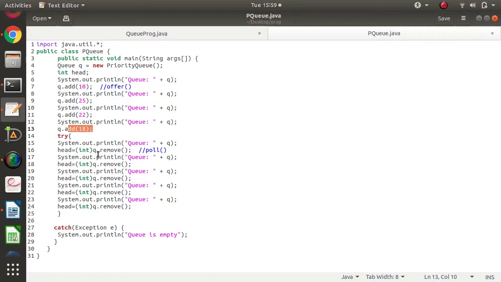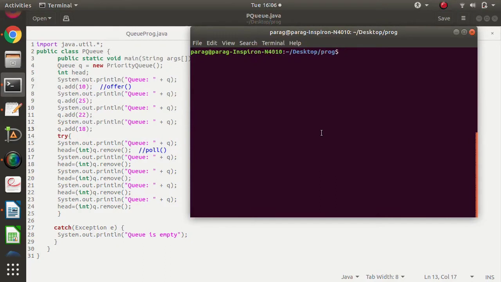So first element. Just like a stack, we have a top element. In a stack, whatever element was most recently added is removed first. In a queue, that is a different thing. There is a top. Here is the head. So the element at the head is removed. So in a queue, the element which was added first is removed first. But in a priority queue, elements are arranged in a min heap. So accordingly, elements are removed. We'll see an example. We will run this, so you will come to know.